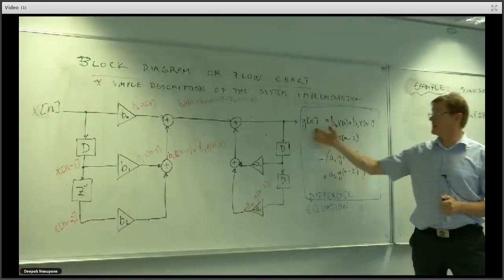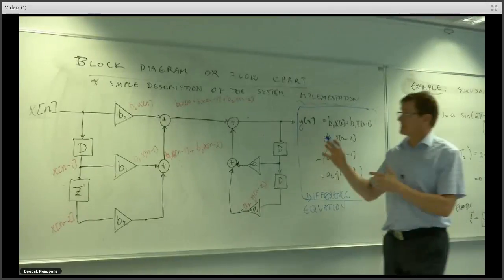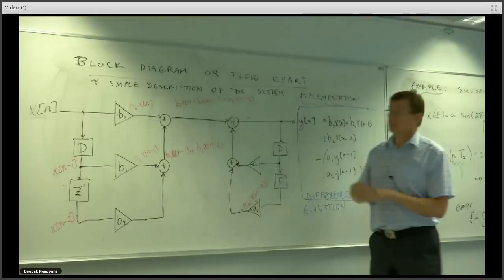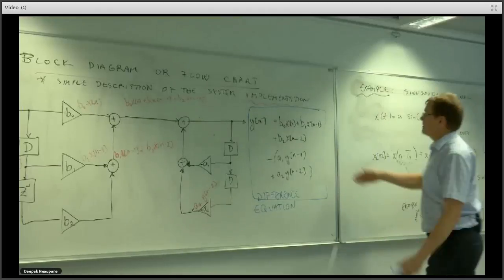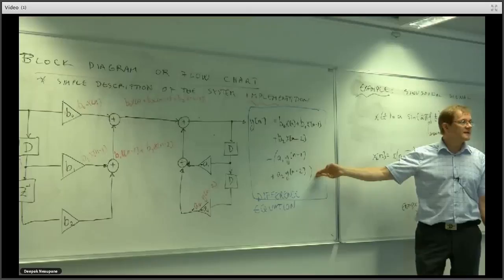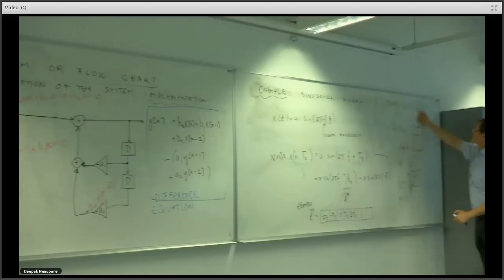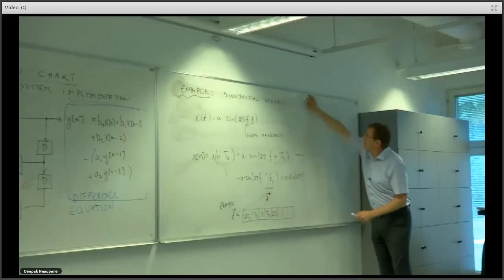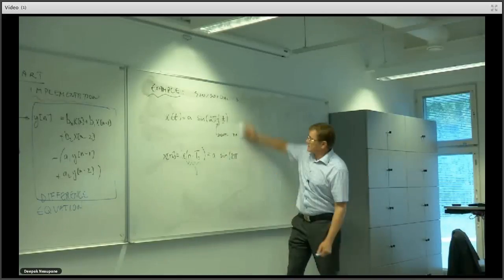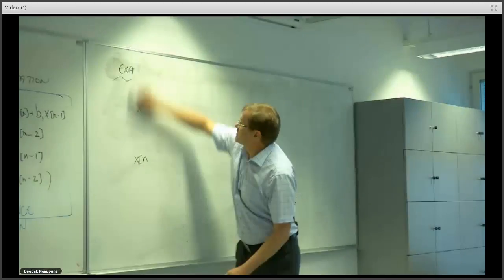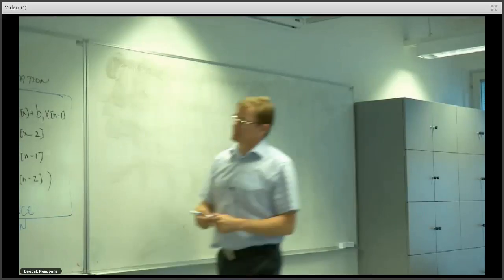And basically, if you have given a difference equation, then you can start drawing this system implementation, which is a block diagram. Why we don't just use this to calculate the values? I would give you a very good reason why not to use just the difference equation. You can, of course, just plug in that, but